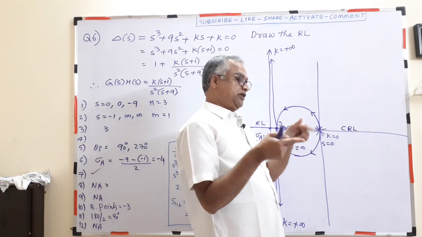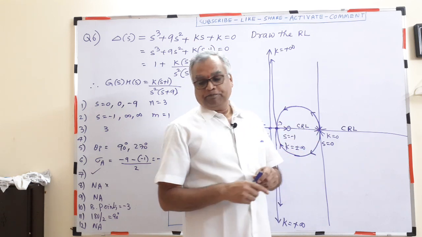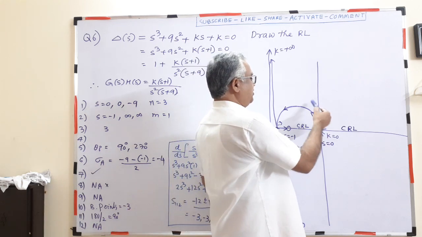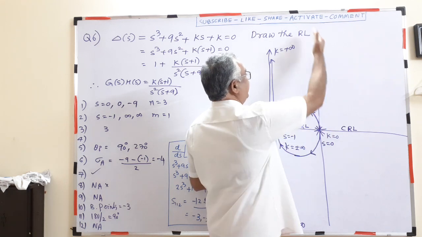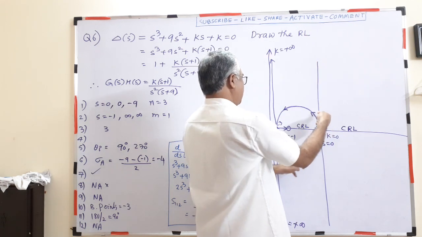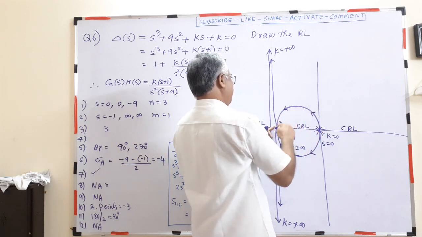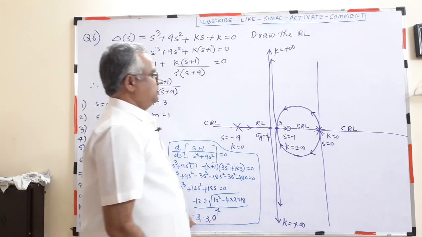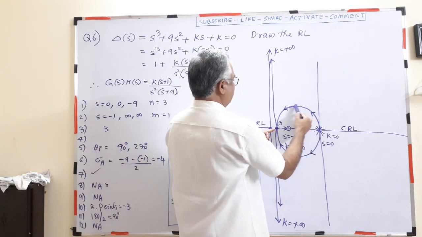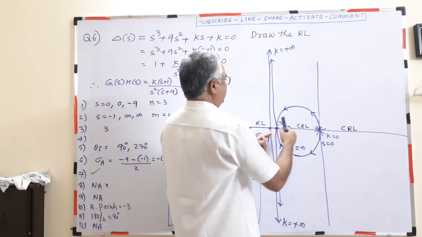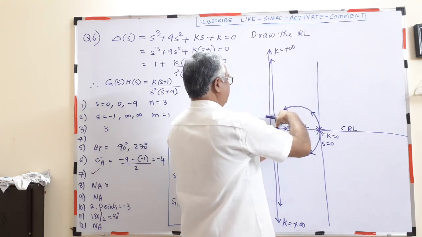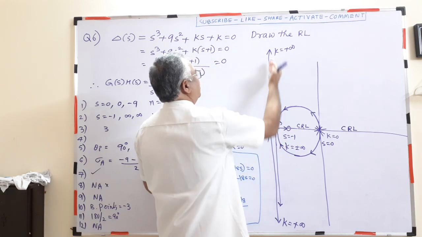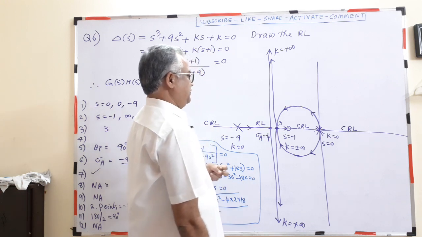What is the angle of departure at the break point? 180 by 2, which is 90 degrees. So one will go upward, another will go downward. It won't go like that, and they have to come this side only. Why are they coming this side? Because there is a break point at -3. When they enter like this, again this will go this side, this will go this side, and ultimately they have to follow the nearest asymptote.